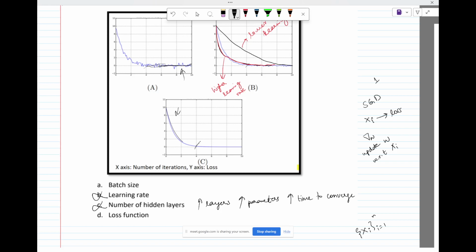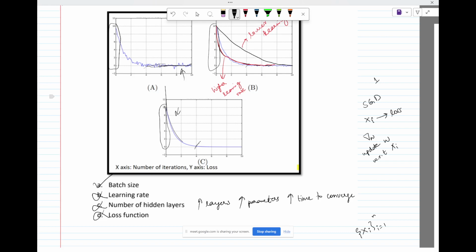But your time to converge is the same. If I change the loss function, then these values should sort of differ, because everywhere we are seeing it is from 0 to 10. For a different loss function, this can change to something very high, depending on your loss function. So it doesn't seem like the loss function has changed. So this also we can discard. So I guess A is the correct answer,